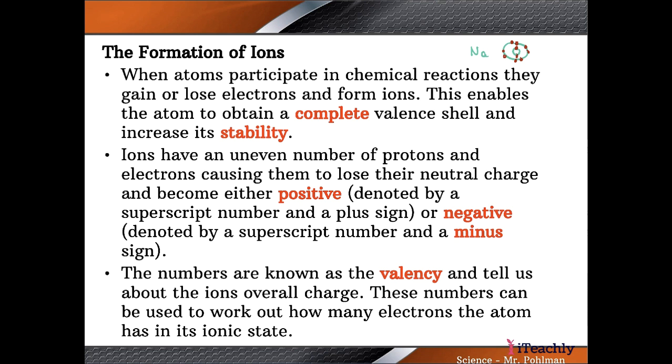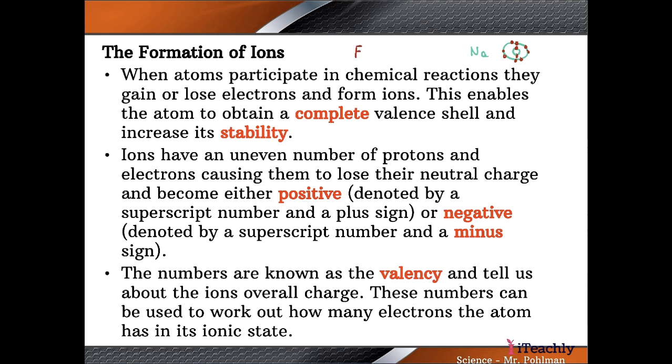Now, if it loses that electron, what do we notice? It now has 8 valence electrons. And it wants to have 8. It wants to have an octet in order to increase its stability, to make it more stable. All right, now those ions, as you're losing or gaining these electrons, what we're going to find is that if you lose electrons, they're going to become more positive because you're getting rid of negatives. And then the opposite of that, if you're adding electrons to something, let's take, for example,